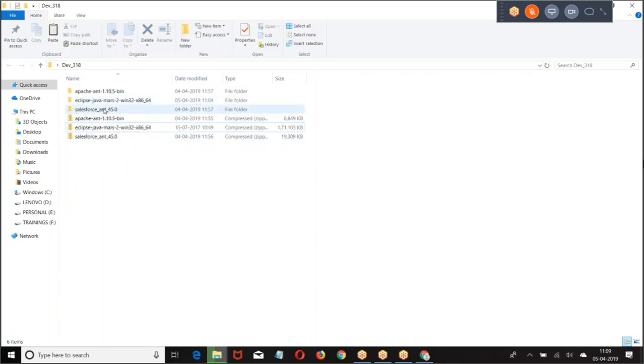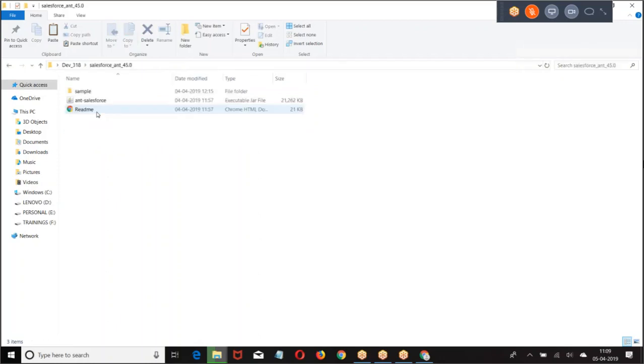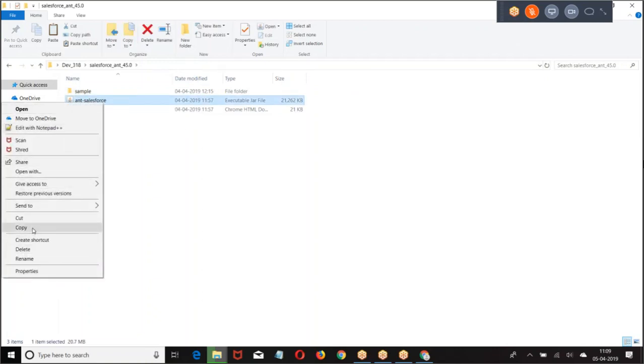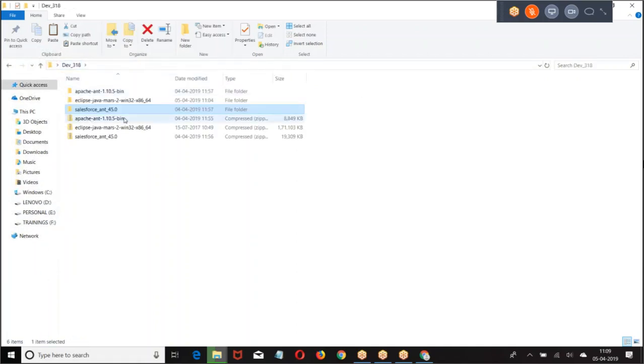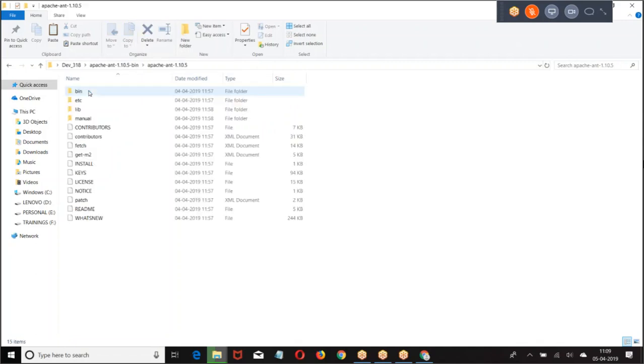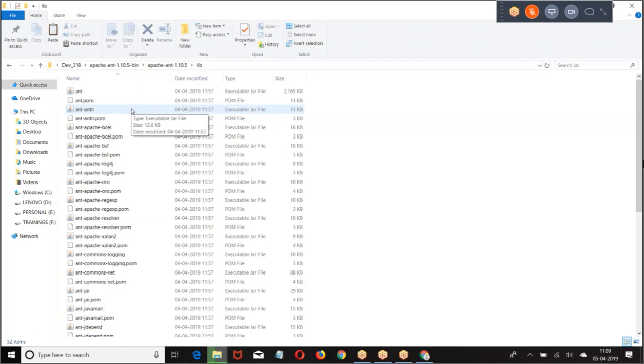Once you extract the files, in the Salesforce ANT 45.0, there is a jar file, ant-salesforce. Copy this jar file. Go to Apache ANT library, paste it.